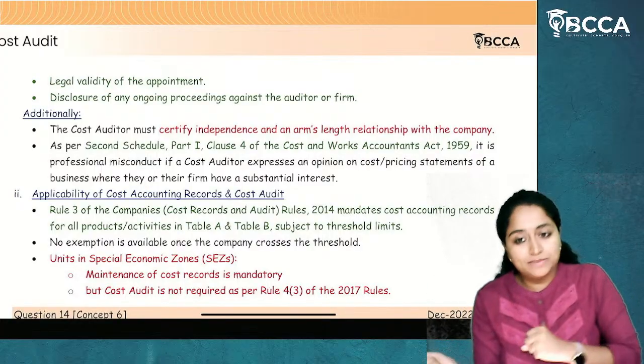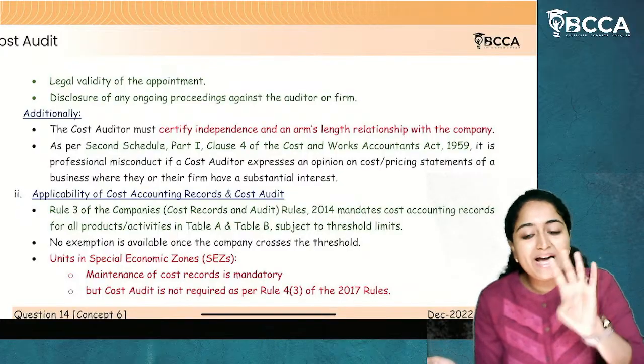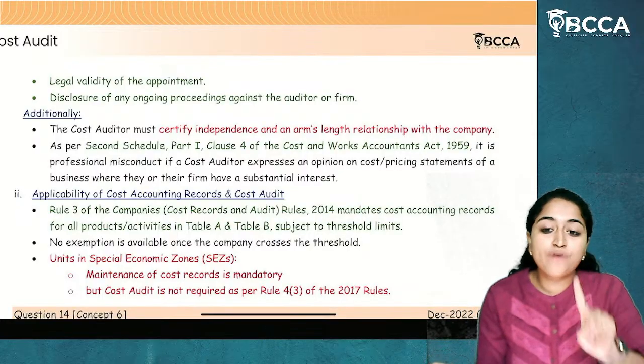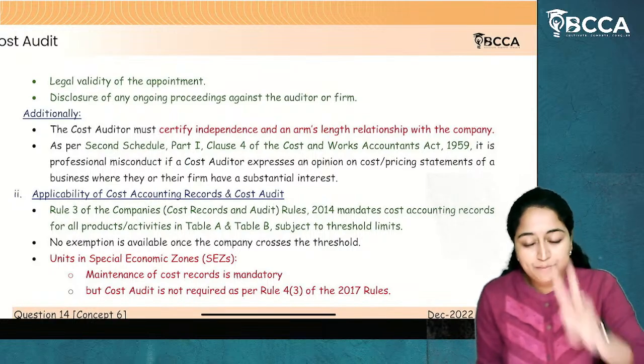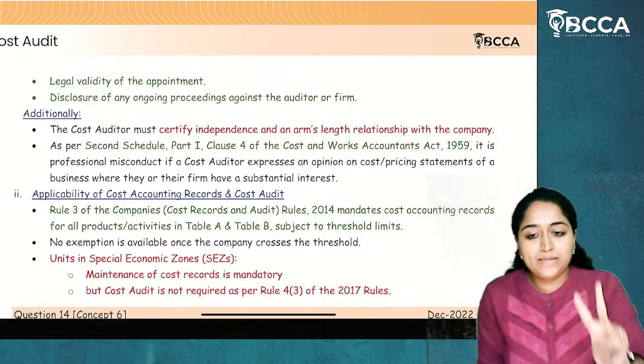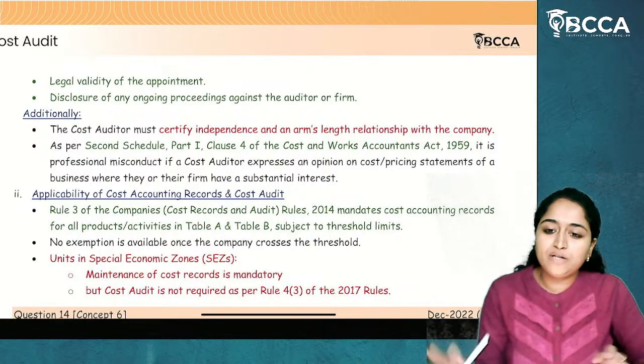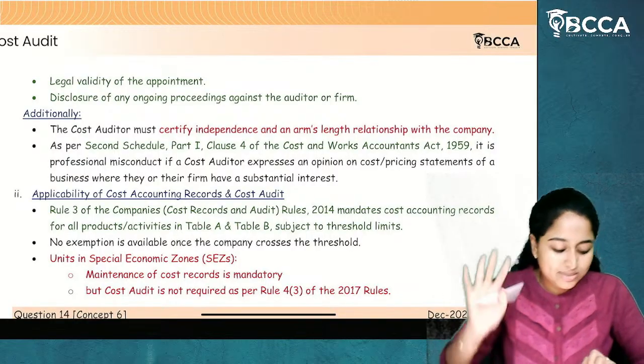And coming to forms, we have CRA 1, 2, 3 and 4. In that you have to remember Form CRA 1, which talks about 31 headings, in which 2 headings are important, which are heading number 18 and heading number 24. These are more than enough for your examination theoretical concepts.